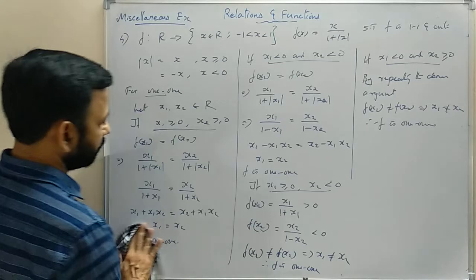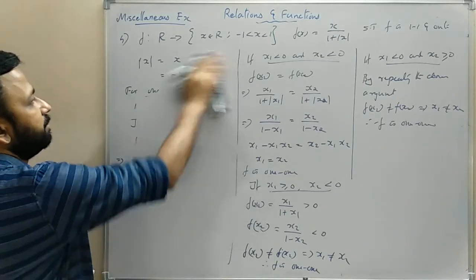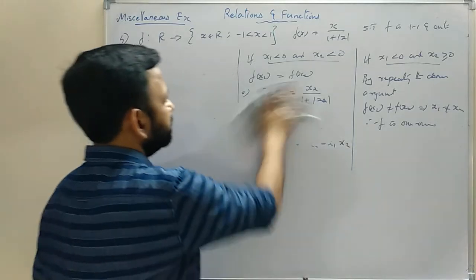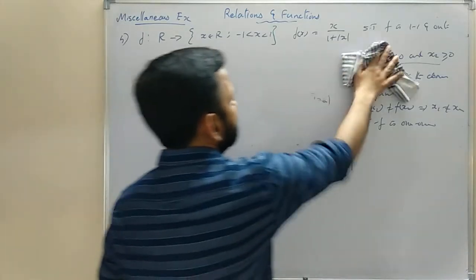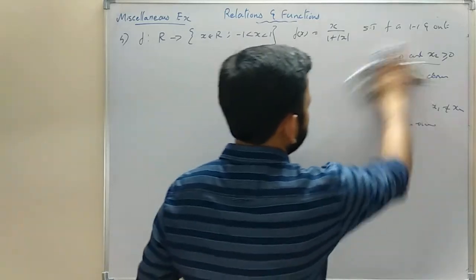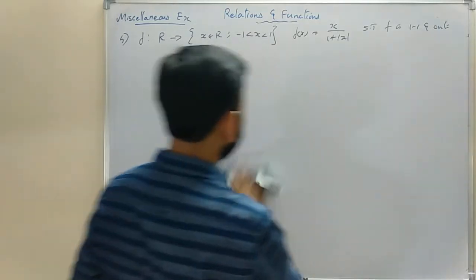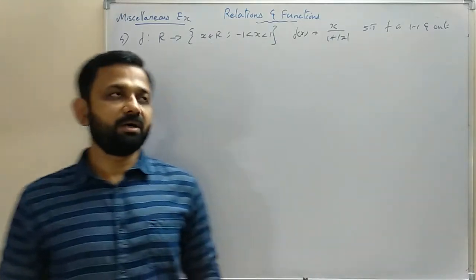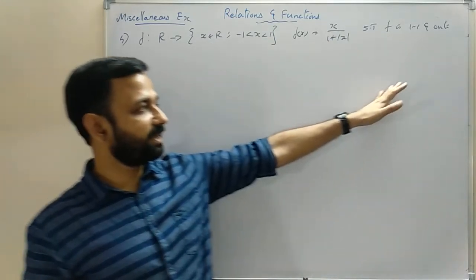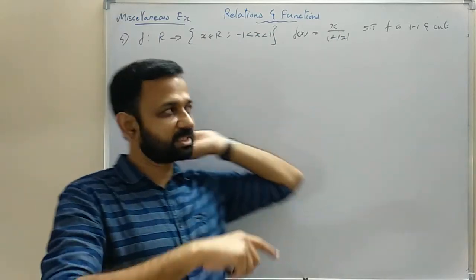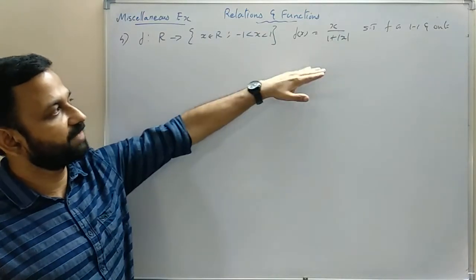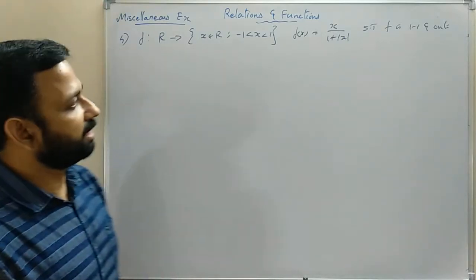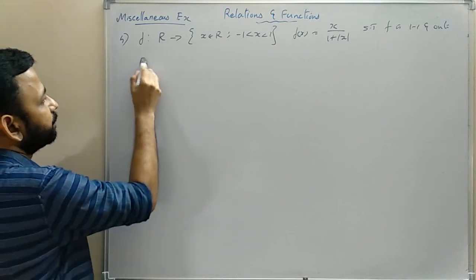So we are going to prove onto function. That means we are going to prove codomain and range, both of them are equal. So we can take one element y from codomain. Then we need to find the corresponding pre-image in domain. Then we will say for every y belongs to codomain, there exists an element x belongs to domain such that f of x is equal to y. Therefore the function is onto function. That means range and codomain equal. So for onto,